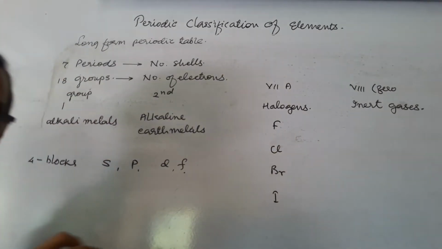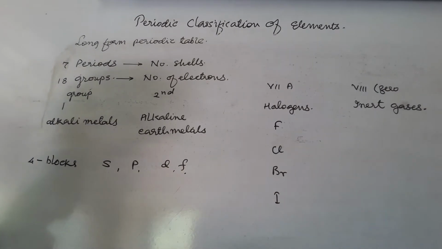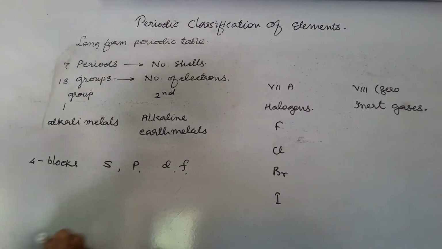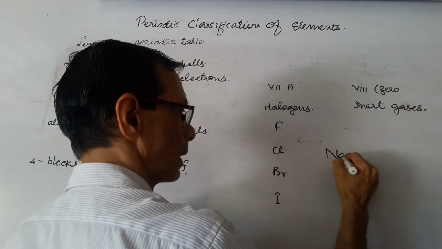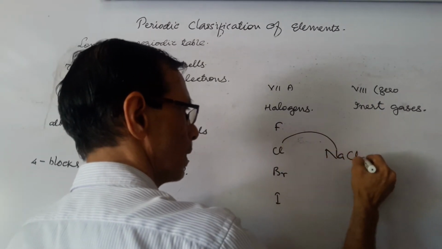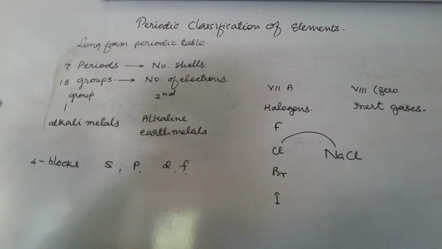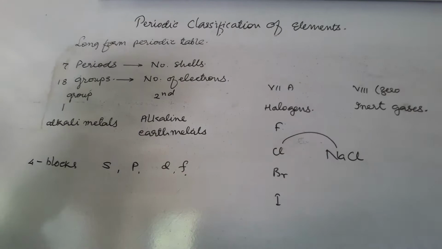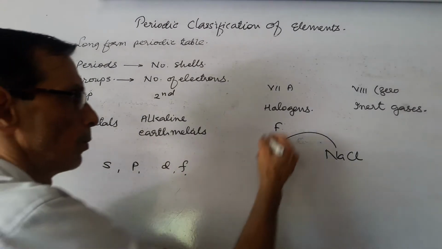They are called halogens because they form salts. When they combine with metals, they form salt. We know that. For example, sodium is a metal, and when chlorine combines with sodium, it forms sodium chloride. We know that sodium chloride is a salt that we use. And different types of salts are prepared when they combine with the metals.